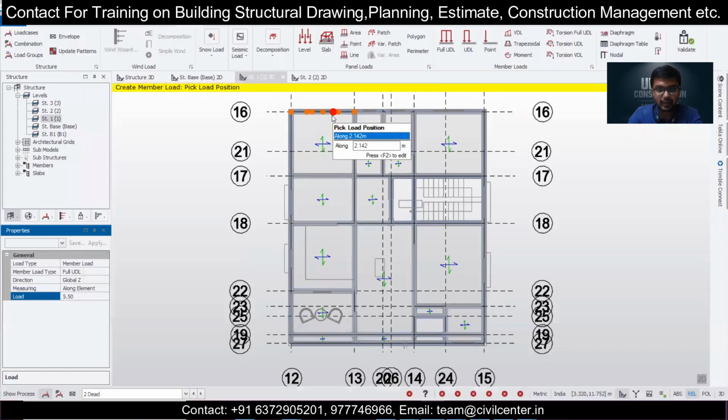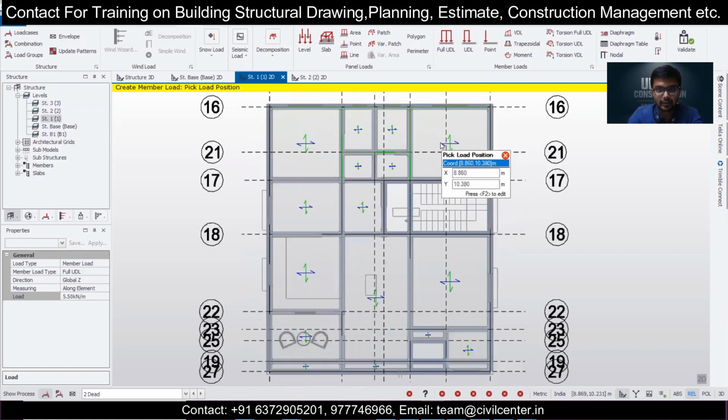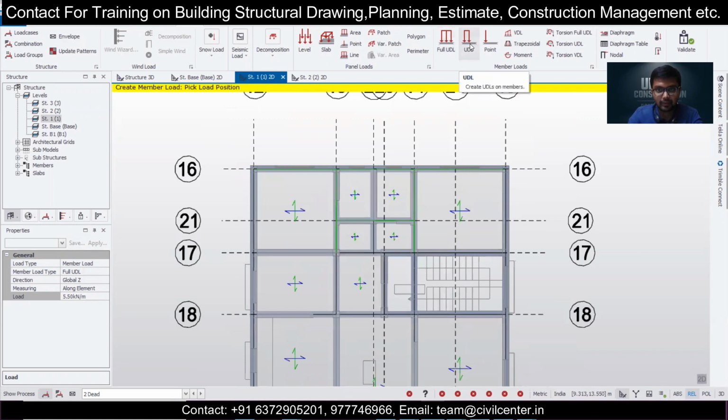So here we are having the 5.5, 5-inch walls, and here, here, here, here, and this we have to take UDL, and starting from here to this much, we'll check.